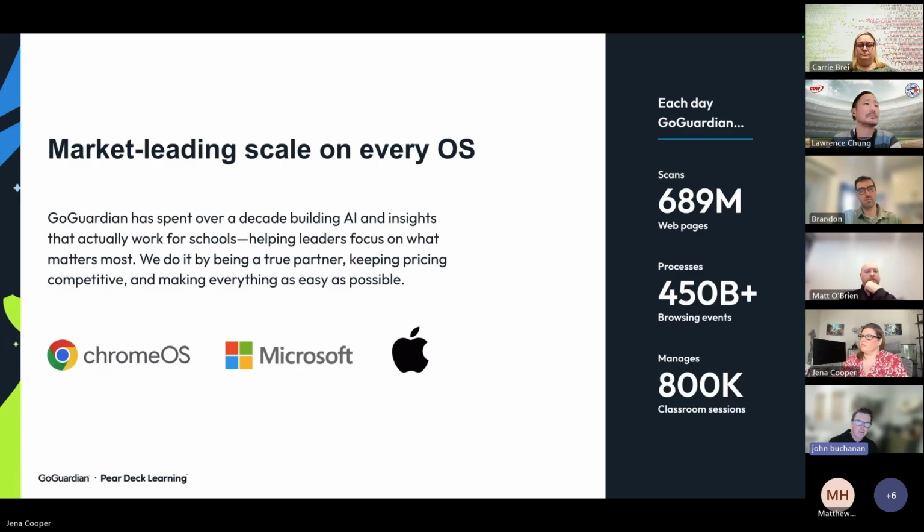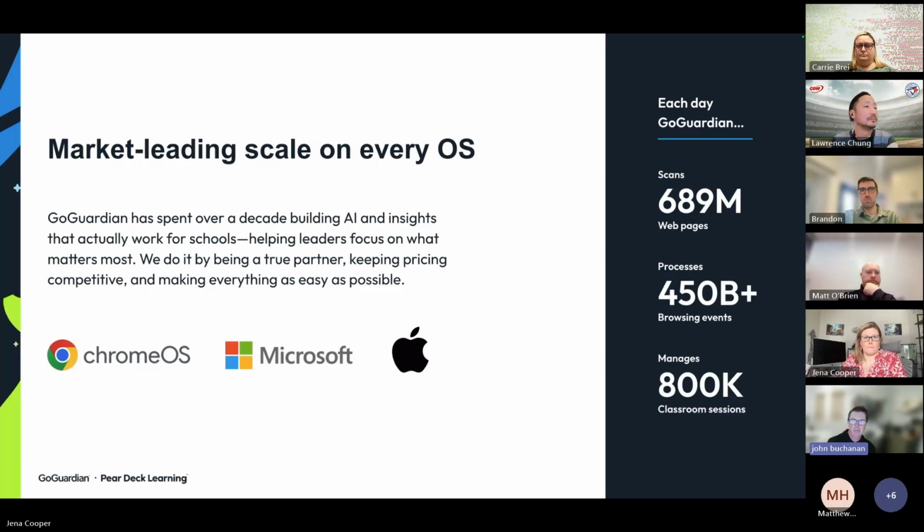In addition, our product ecosystem works across operating systems that are in most education environments, whether you're on Apple, Chrome, or Windows. Our products work seamlessly across these operating systems, and by the end of next month, we will have full feature parity across each of these operating systems where the OS allows us to do so. And that's important as I say that, because obviously we know that Apple's got different restrictions than maybe Windows or Chrome does. And so we will be at parity across all of these operating systems where they will allow us to do that.